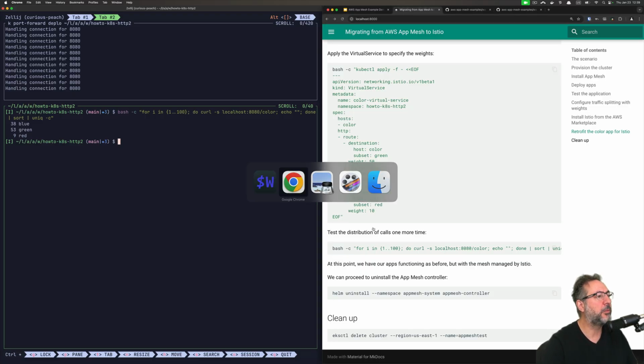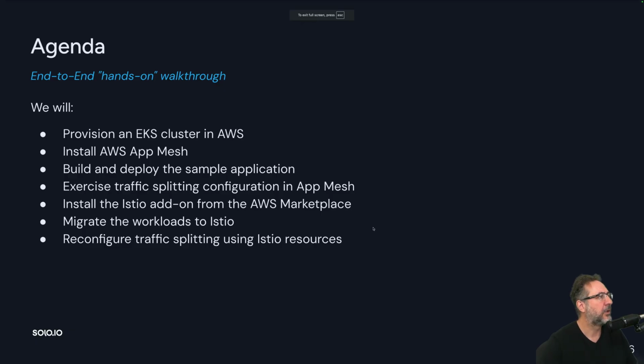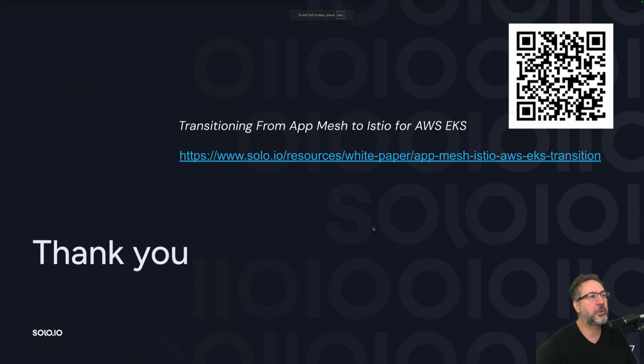So to wrap up, let me come back right here to our slide deck, and I just want to share with you again the URL or the link to the white paper. I encourage you to go and read it and learn a little bit about the differences between these two. It seems the obvious choice these days, given that AWS App Mesh is going to be discontinued, to start looking for alternatives and transitioning our